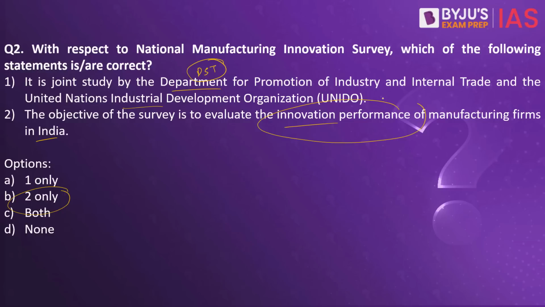So basically, we would be getting a clear-cut picture as to what are the lacunae areas where we are advancing, so that knowledge sharing can also be done. The areas which require improvement on the manufacture front will be identified, and the same will be given to the firms as well as to the stakeholders on the sectoral level. That is what the National Manufacturing Innovation Survey is.